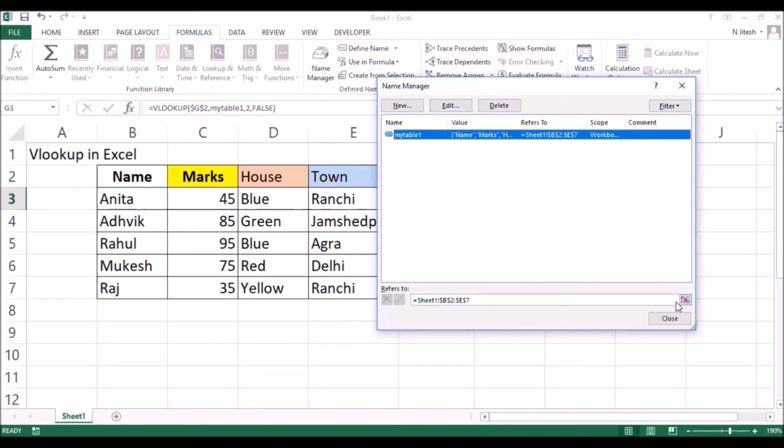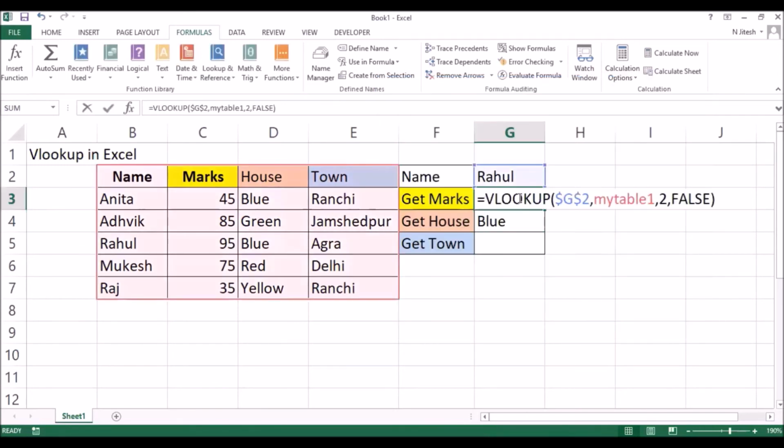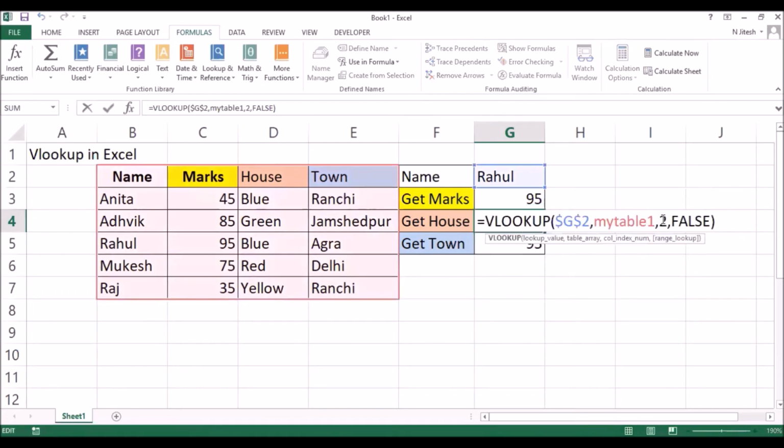So if this table is perfect, okay, you can again go ahead, and now if you see, your my table 1 has got updated and it is selecting the entire table, right? So again, you can easily drag it, okay, drag it, you can see all values are coming fine, and you can change the column index number.